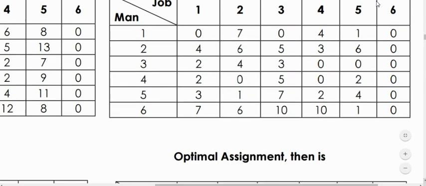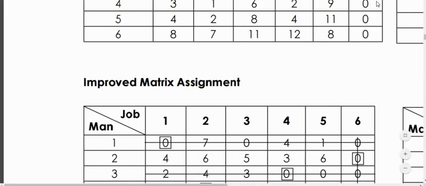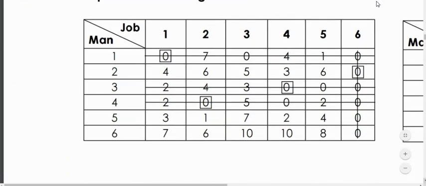And how do we cancel it? To see how we cancel it, just look at the next table, improved matrix assignment table. So see, the first thing that has to be done is you just cancel the sixth column. You see at the end, the sixth column is cancelled. The only thing you have to focus right now is cancellation of the sixth column. So you put a line. In your exams, you can use a pencil to cancel the column. So you use a pencil and you cancel the sixth column.